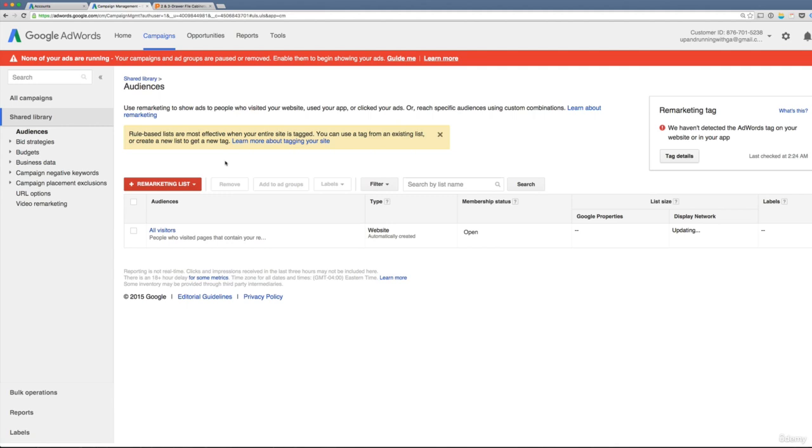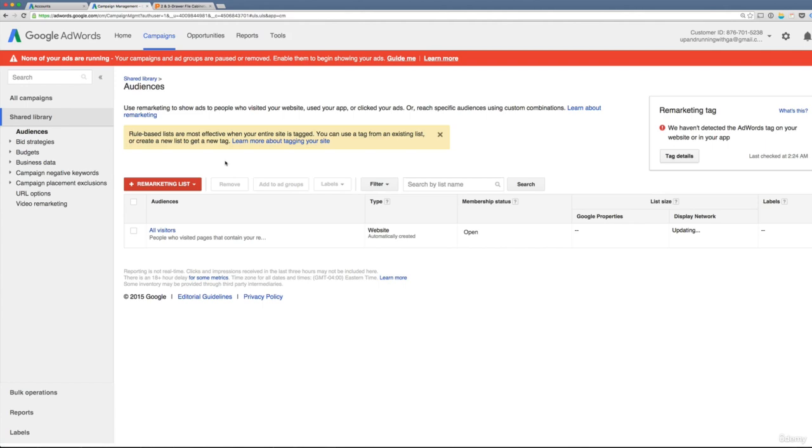Just creating the lists does not mean we're creating a campaign. We're just creating a list. We're just creating specific audiences. We're not going to be running ads to them, and we might not want to use them right away. We might want to start capturing certain types of visitors for later use, but it's always good to start creating